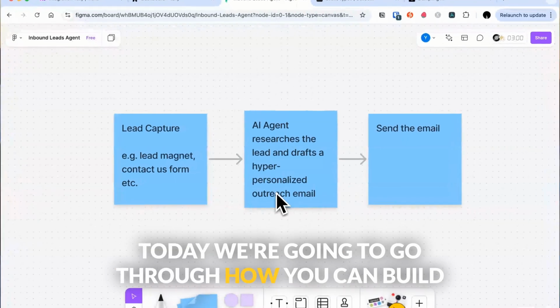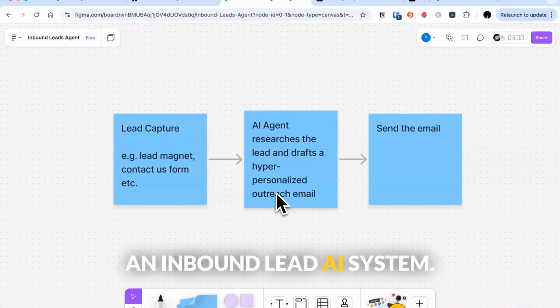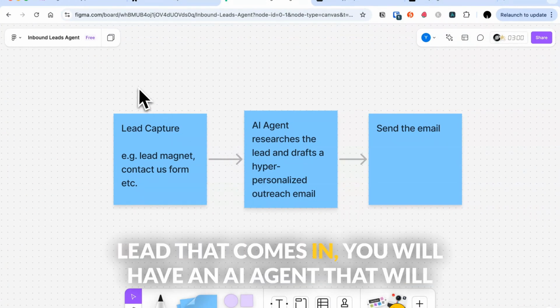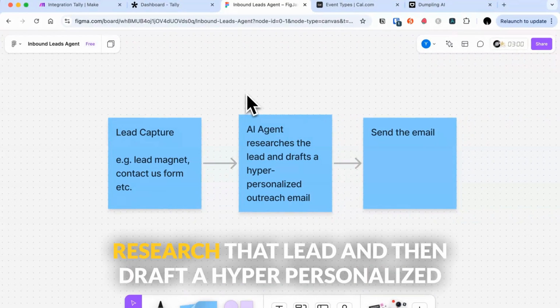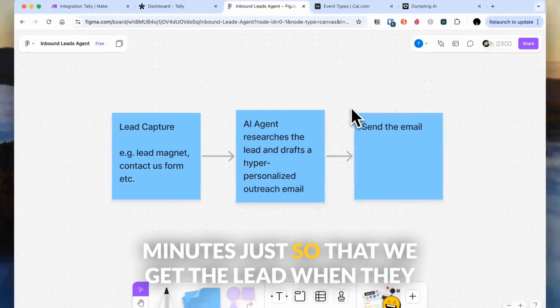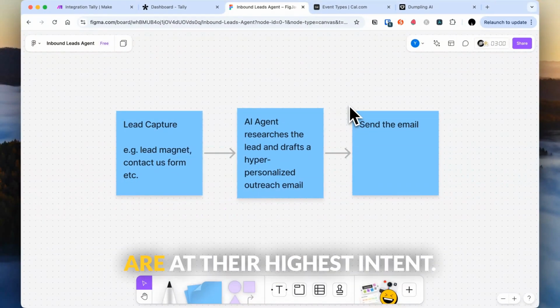Today, we're going to go through how you can build an inbound lead AI system. So what the system will do is basically for every lead that comes in, you will have an AI agent that will research that lead and then draft a hyper-personalized outreach email. And then we'll send that email within minutes, just so that we get the lead when they are at their